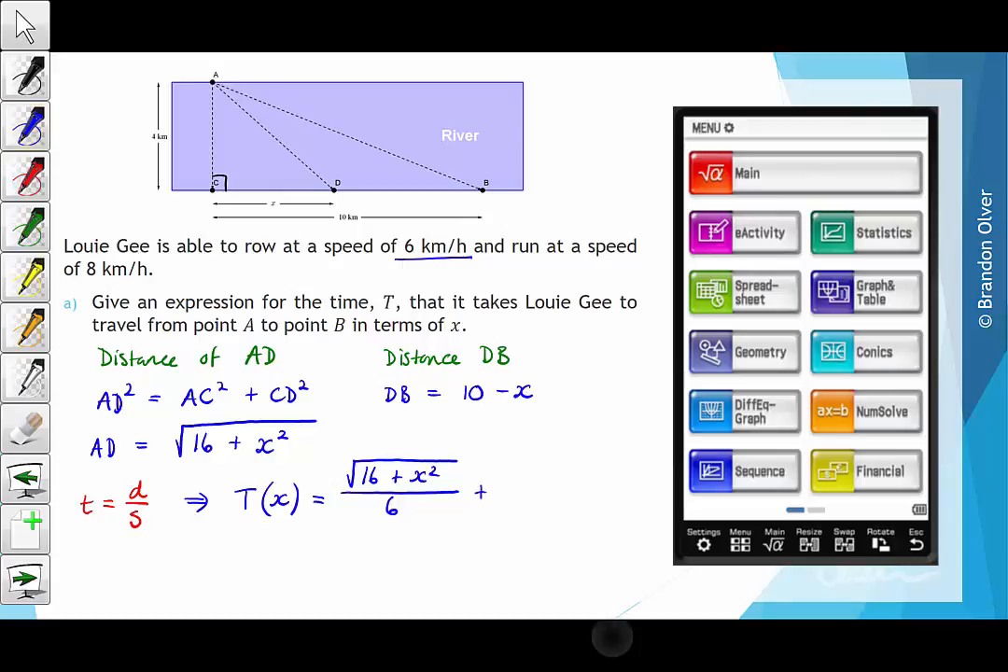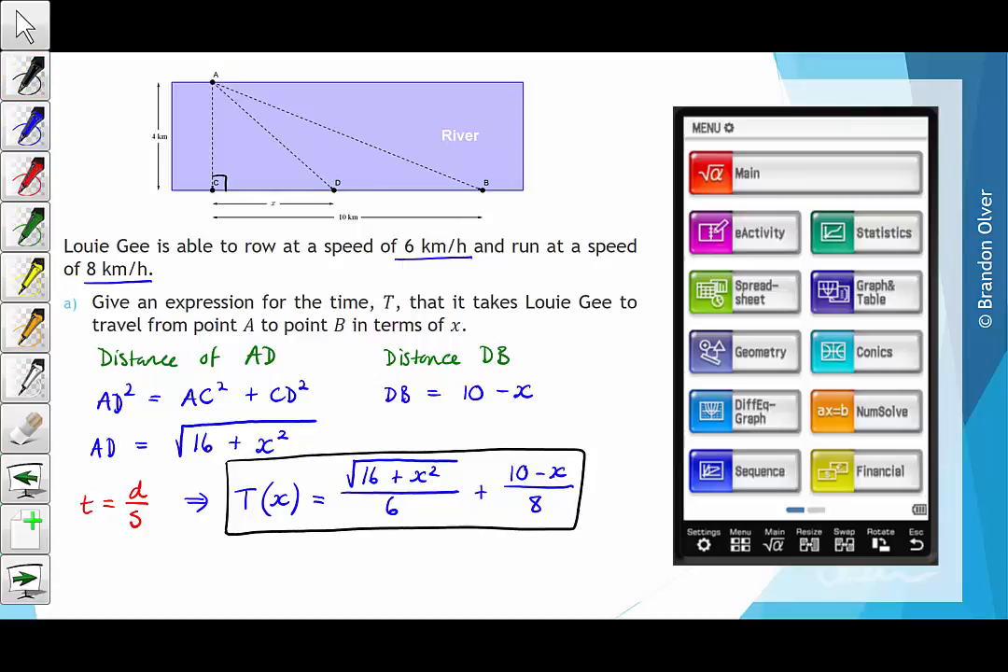And then we add on to that the distance of DB, which is 10 minus x, and we divide that by the speed at which he's running. So when he runs at 8 kilometres an hour. So that there is the function which describes the time taken in hours, depending on where Luigi lands his boat